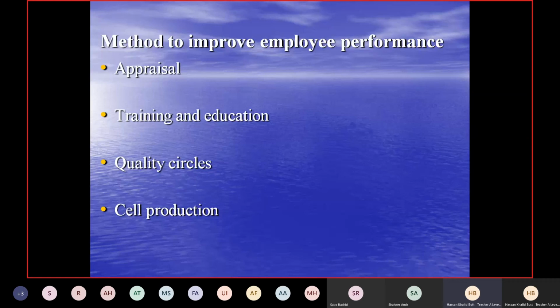So the advantage is that within the team there is no boss, right? All workers decide on their own what kind of job they'll do. Obviously, they are part of the same team, but they can choose on their own, that I am comfortable with that part, so I will do that. And they know that if they neglect the work, obviously the whole team will be affected, and then they will be answerable as well. So that is why all workers support one another, so that the task will be completed in the time frame given, and it should be of the right quality which is required by the organization.